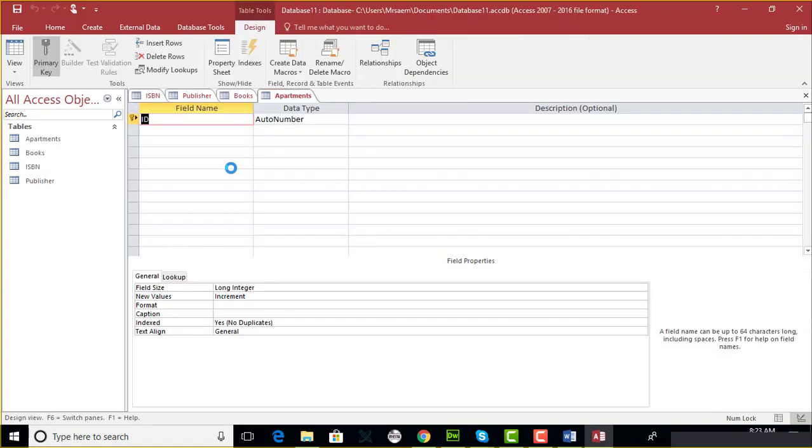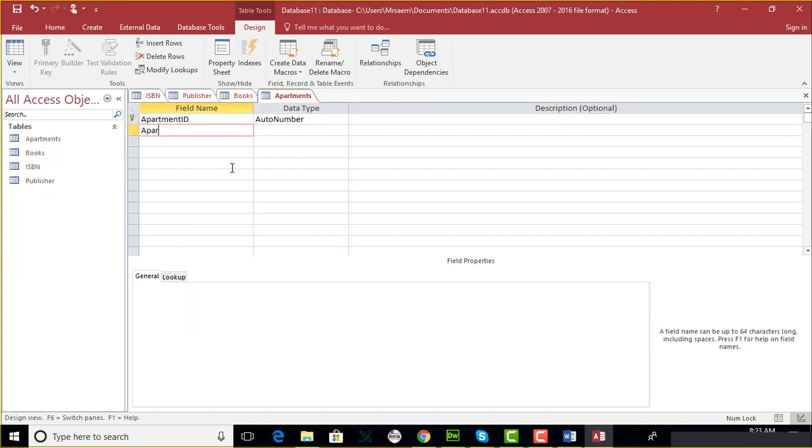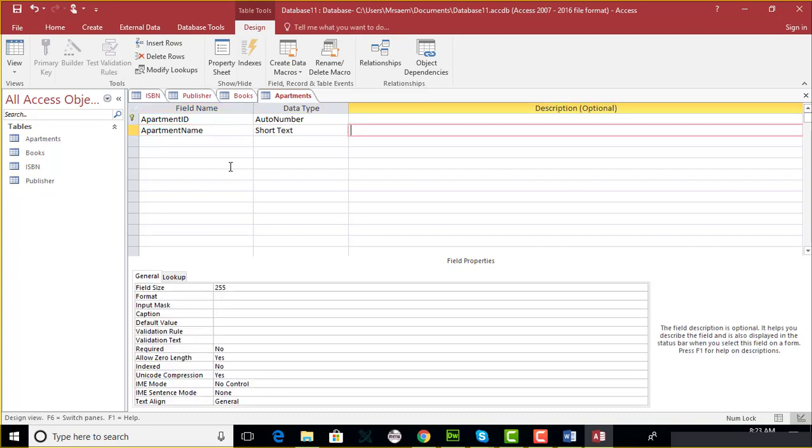Now obviously what I am supposed to have is the apartment ID, apartment name, and I'll save it. That's it. Okay. Then I have to make another table,